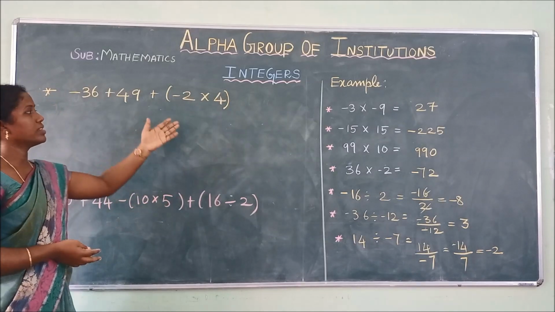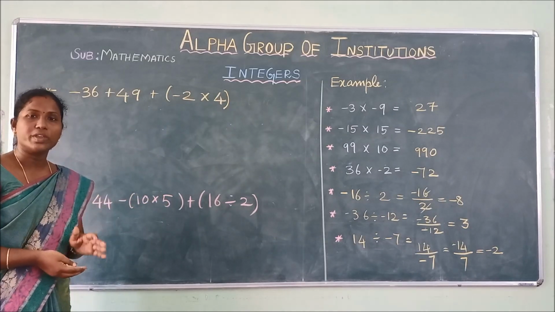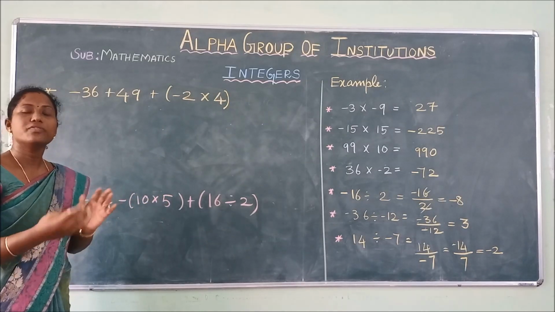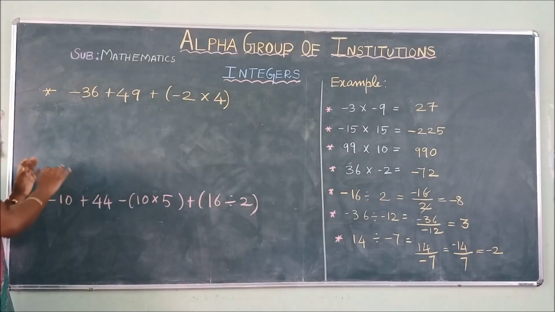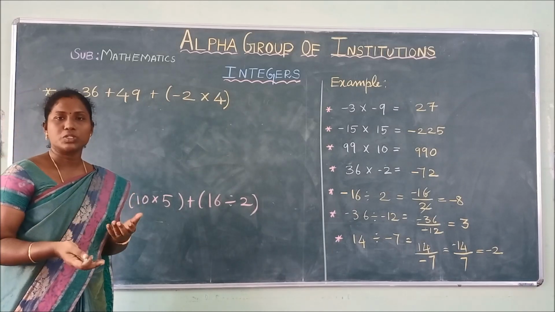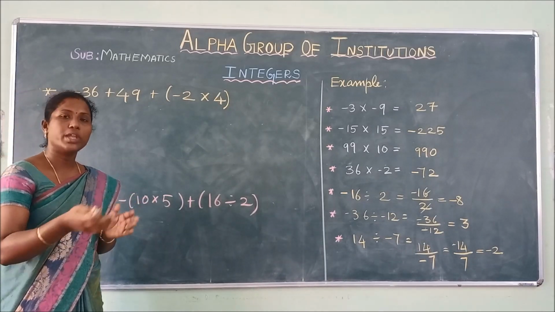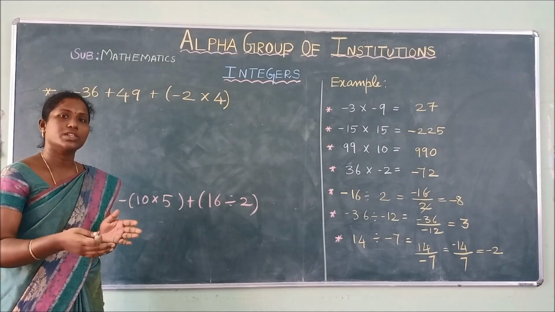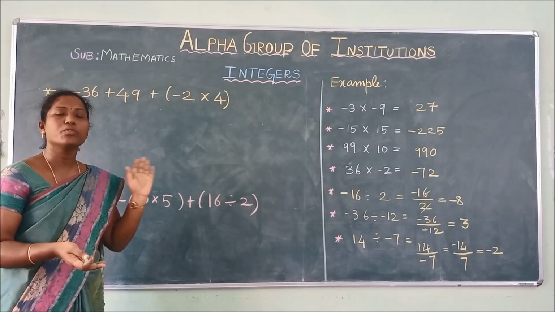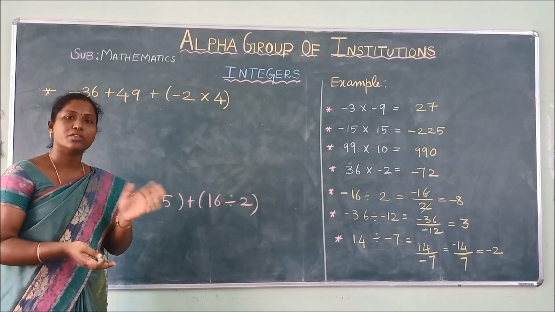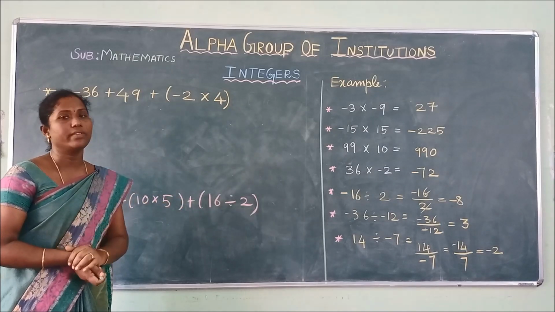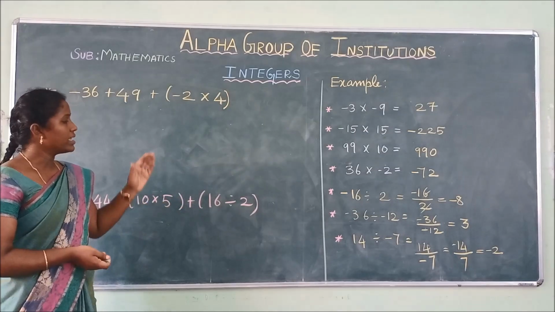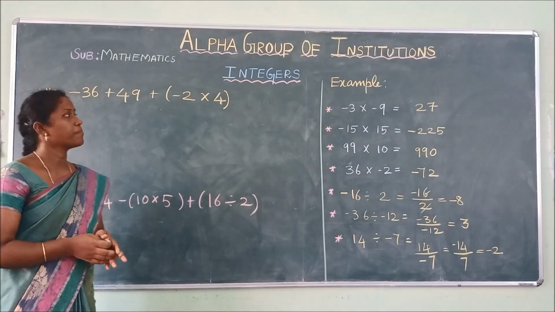Okay, here we have to solve this expression. We are solving using integers only, but with different operations. How to solve this? Again, we know the rules, the order of operations: we have to go in order of division, multiplication, addition, and subtraction. Whenever we have different signs in the same expression, we have to follow the rules, and then only solve the problem. Okay, let us see two examples of how to solve simply.